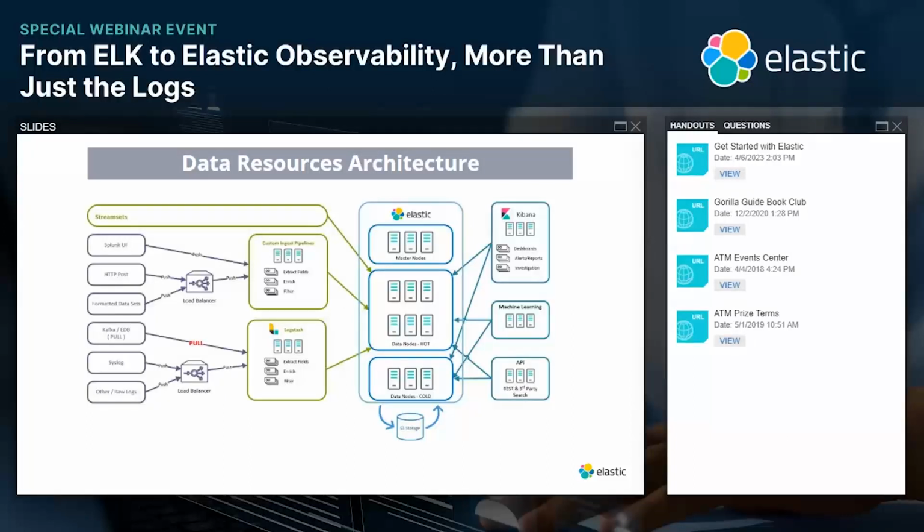So with Elasticsearch, you can pretty much push any kind of data into the system. I've just given you a few examples. Say, for example, if you're using StreamSets as a broker, Kafka as a broker, or any kind of ingest layer, or you might be using just the ingest mechanism through Elastic, like the Beats agent or Elastic agent to harvest the data and then send it to our system.